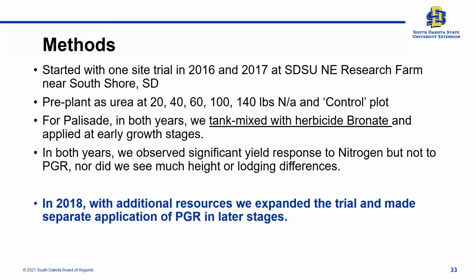And we used pre-plant urea at 20, 40, 60, 100, and 140 pounds of nitrogen, and also a control plot. And each nitrogen plot was divided in half. One half got the Palisade, or PGR, and the other half didn't. And we wanted to look at the differences that PGR would show,